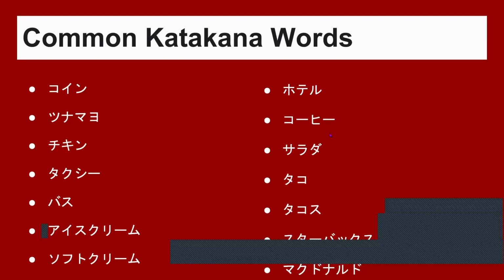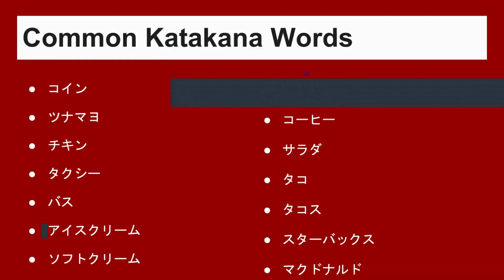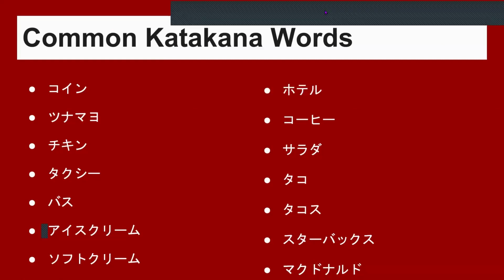Let's see, number 13 now. What do you guys think? I have no idea. Oh, sorry, that is tricky. When you've got a small tsu, it's smaller compared to the rest, so that kind of serves the same purpose as a dash. You don't say it, you just add an extra sound. You elongate the sound in front of it this time. So we've got su, ta, ba, ku, su. We've got Sutabakkusu, which is...